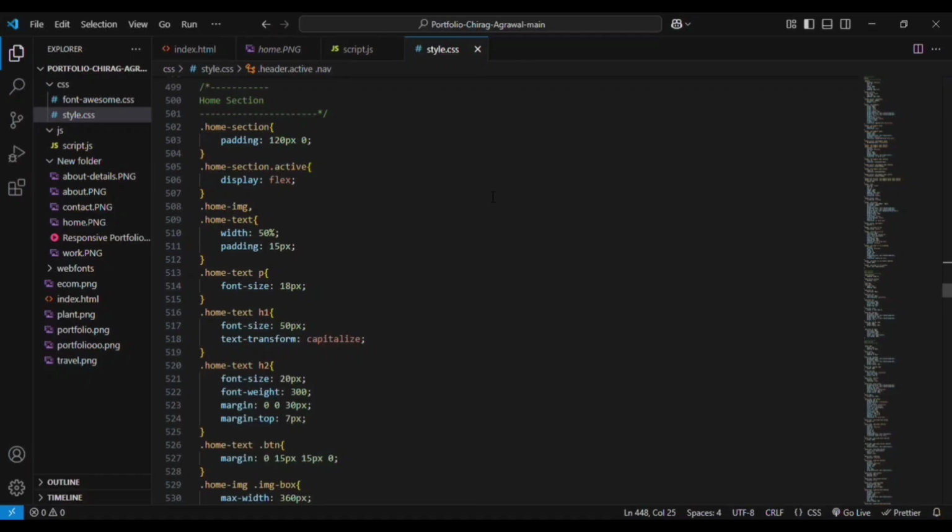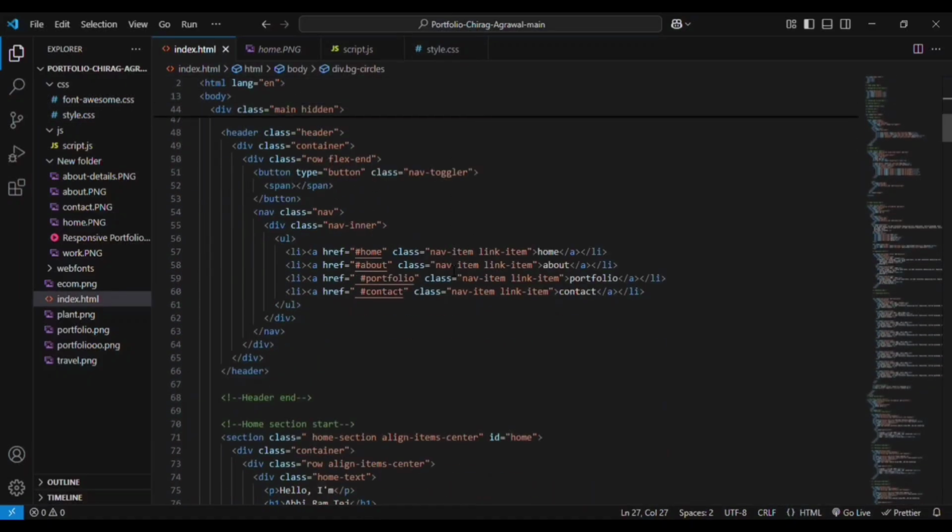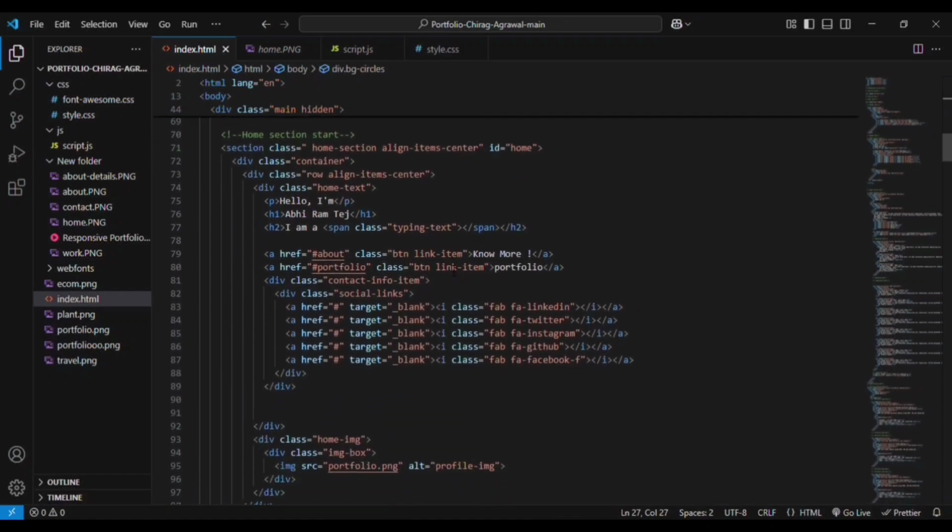that is the home section. This is the home section. In the home section we have the main div, that is the container div. Inside that we have the home text, paragraph, as well as h1 element, that is heading element, and h2 element, and we are adding a span element with a class of typing text. This is for the creation of continuous typing effect that we have used in here. Then we have an anchor element for no more. These are actually buttons that we created, and we have added the button classes to here. You can see here these are the button classes that we have created in the